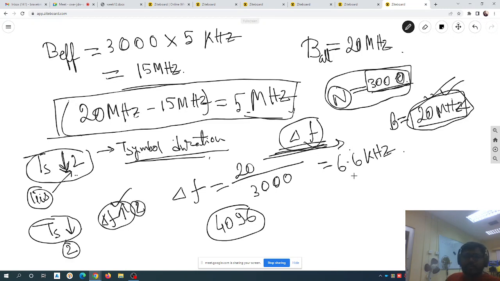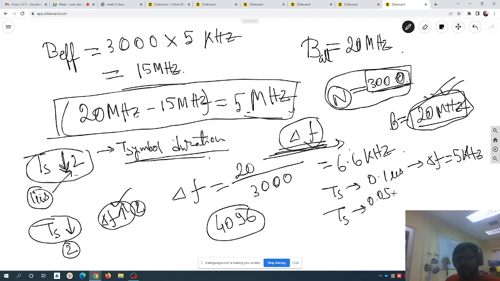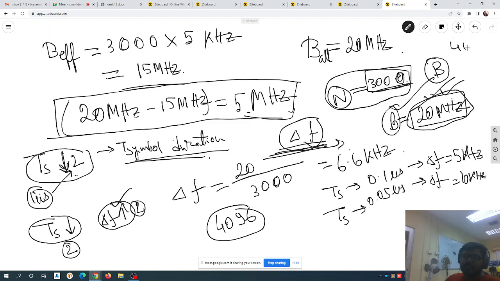So if Ts is 0.1 microsecond, what was delta f for us? 5 kilohertz for the previous question. Now we said that it is 0.05 microsecond, so it would have given me 10 kilohertz. If we had given relaxation of the bandwidth B, like bandwidth can change, in that case bandwidth could be